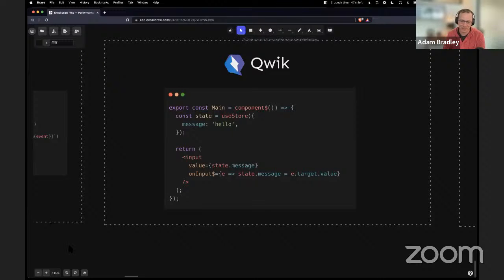The big thing Partytown is doing is receiving commands like, I want document.cookie. And the web worker is like, I have no idea what you're talking about. What is document.cookie? Let's throw this command over to the main thread and see if the main thread has the answer, and then return it.